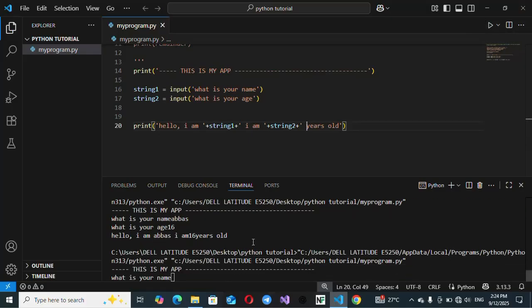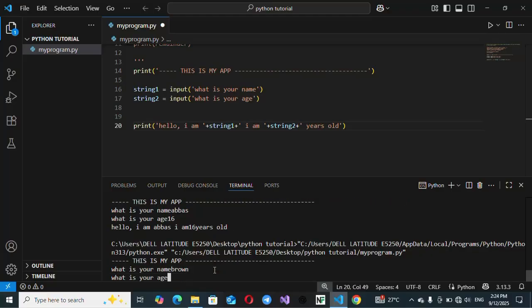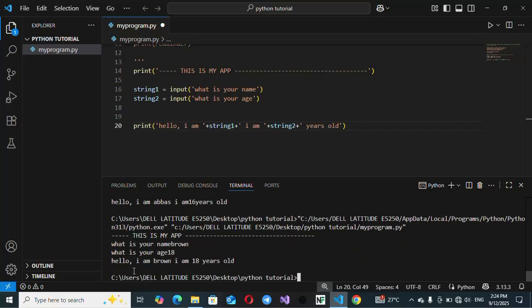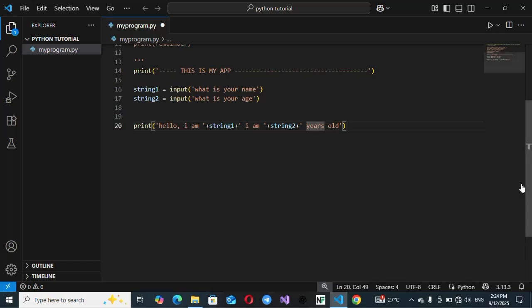Hello, what is your name? You can put Brown. Your age, let's say you are 18. Hello, I am Brown. I am 18 years old. What if your name is Michaela? You can put it. So this is a simple program that asks for a user input, which is this, and then